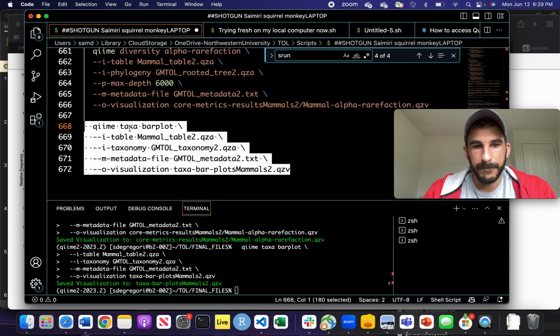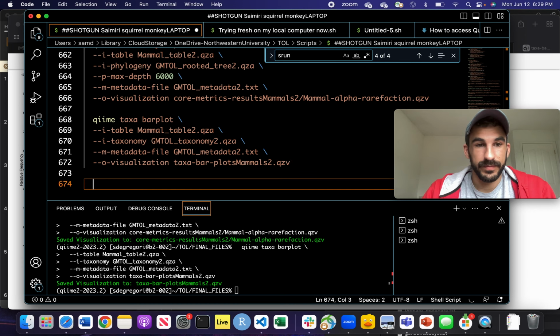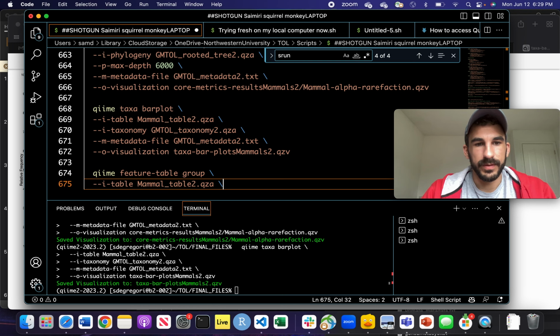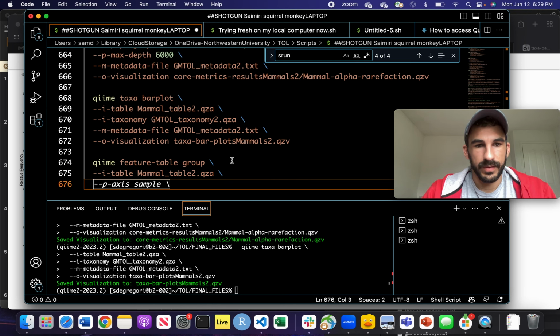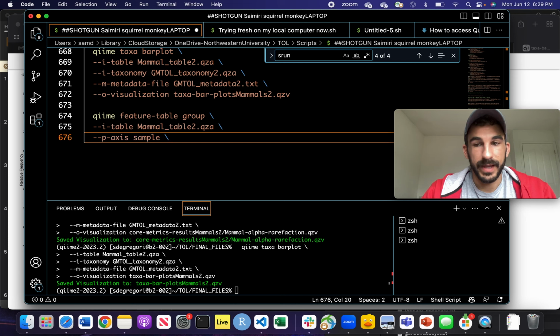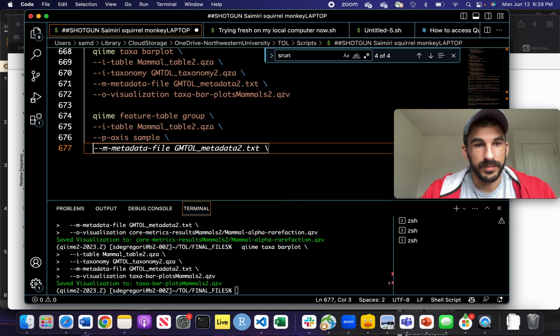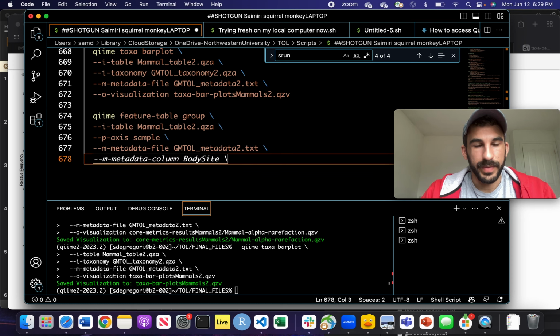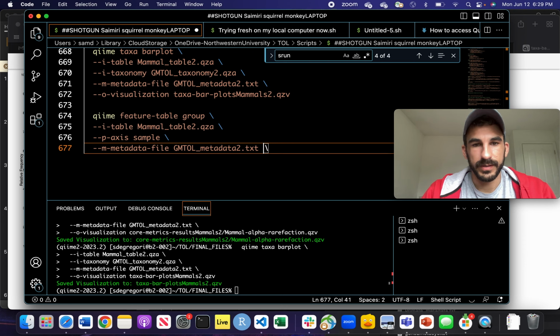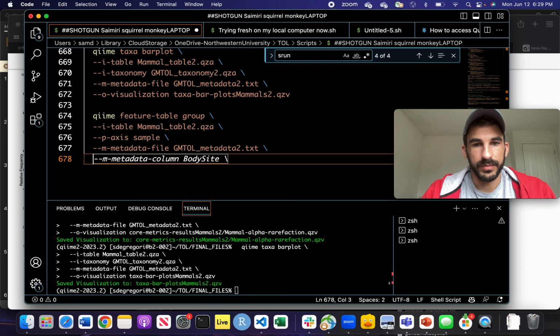Instead of looking at all the samples, you can actually merge samples together. So it's a function called feature table, I believe it's group. Yeah, group. And so we can group the mammal table. You want to do it by sample. You can merge by features too, which is something you probably won't end up using. We're using the metadata, and so the best column to merge samples by is probably going to be